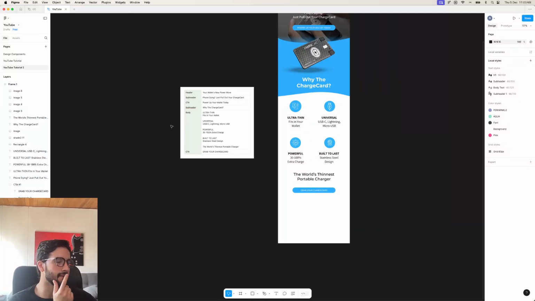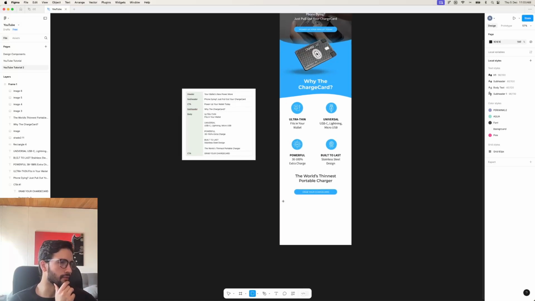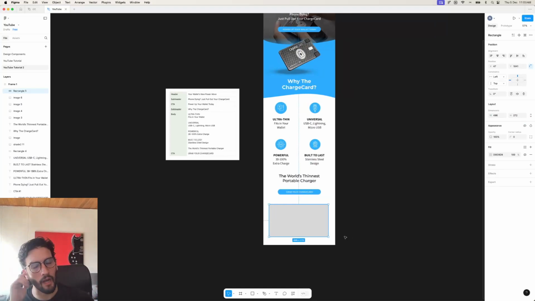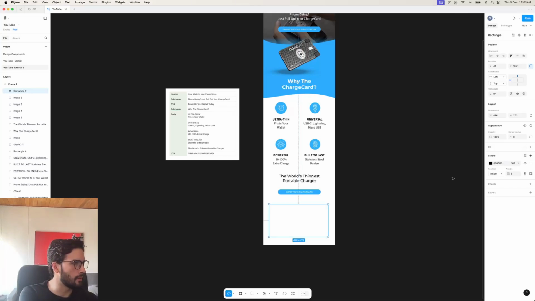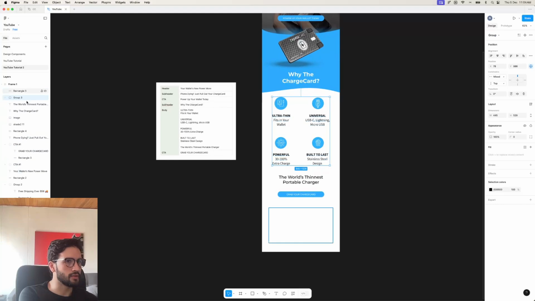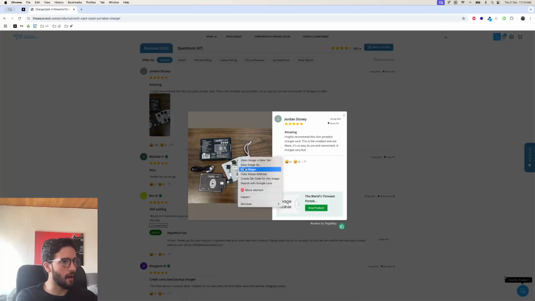Well, for the testimonial, let me create kind of a rectangle here. I'm gonna have the photo on the left and then the copy on the right. So I don't want to fill it. I want to have a stroke, not fill it. Maybe 3. I think 2 is okay. I'm gonna center this. And by the way, I'm gonna group all of these right here into one group, which I'm going to call USBs. And then I'm gonna copy the image here,